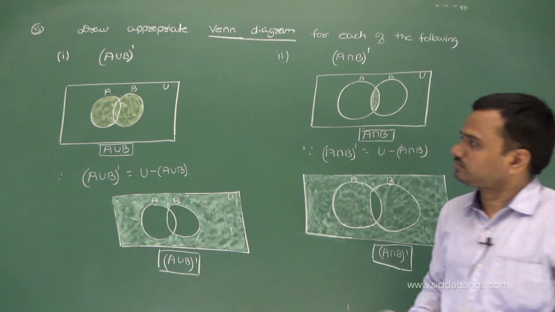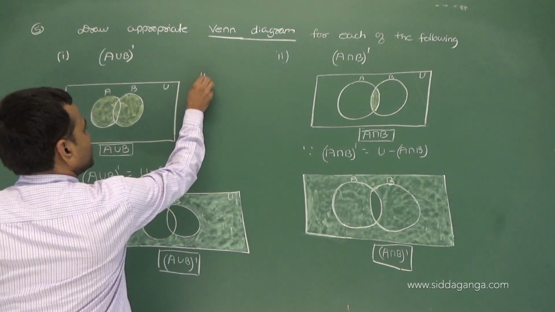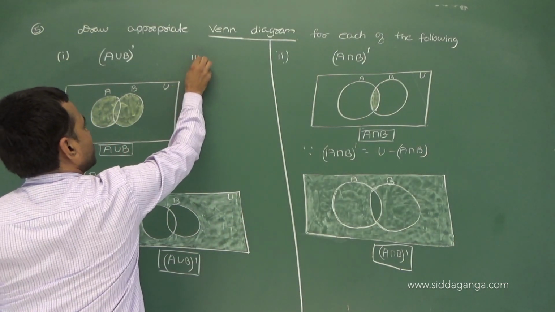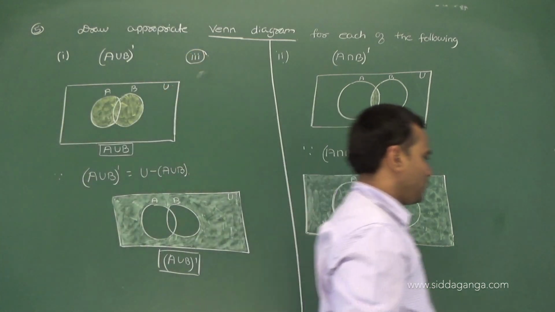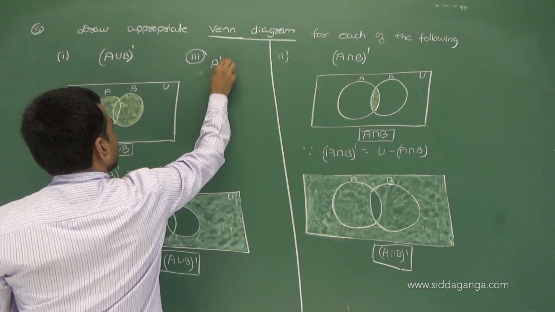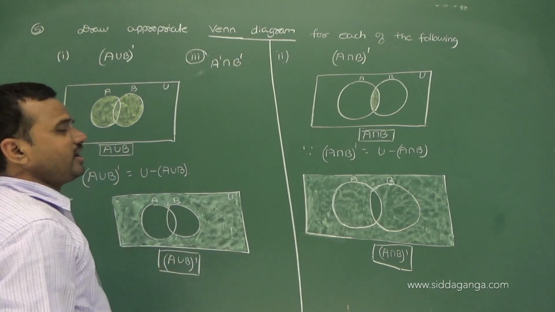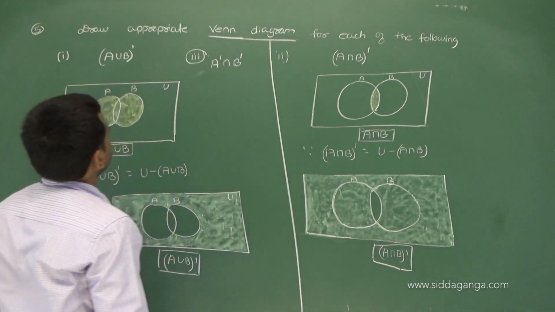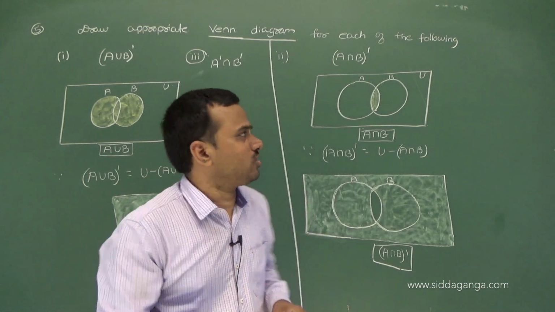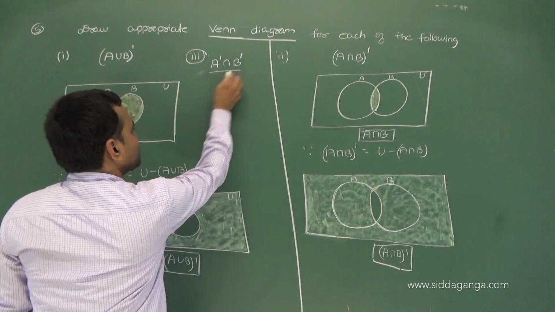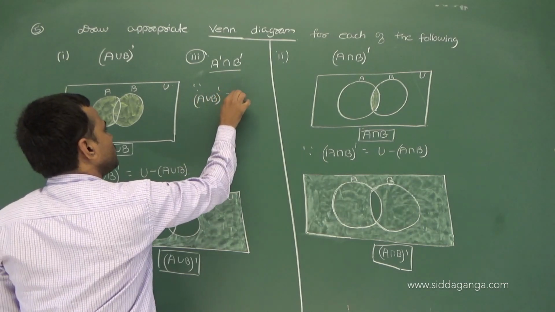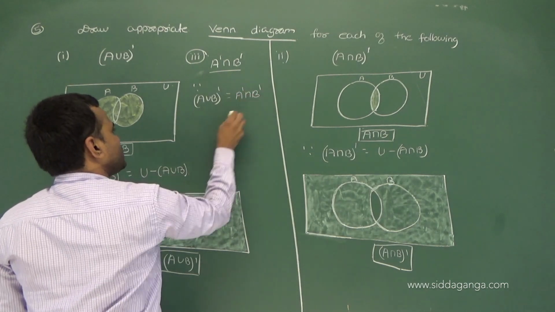Third problem. Right here only. Problem number three. Third one, what he has is A' intersection B'. What do I do? I use this property, just like the previous problem we solved. Since (A union B)' is equal to A' intersection B', that implies,